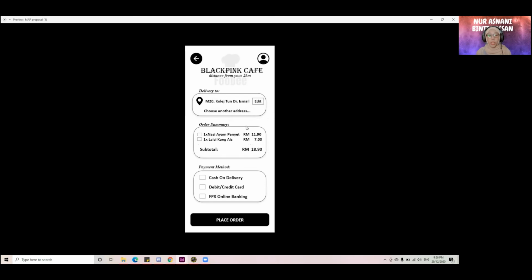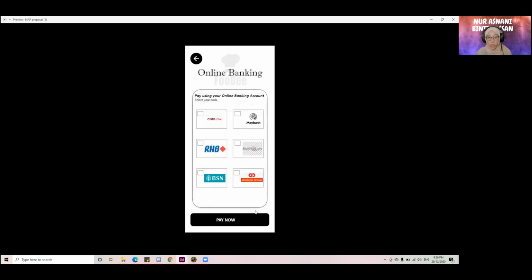For example, the user wants to order the nasi ayam penyet and lychee kang ais, they need to click them first and choose the payment method: either cash on delivery, card, or online banking. And this is an example where I use online banking. Then after that, they need to click the place order button.